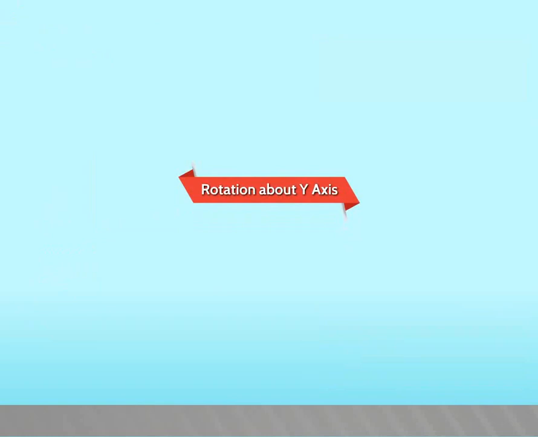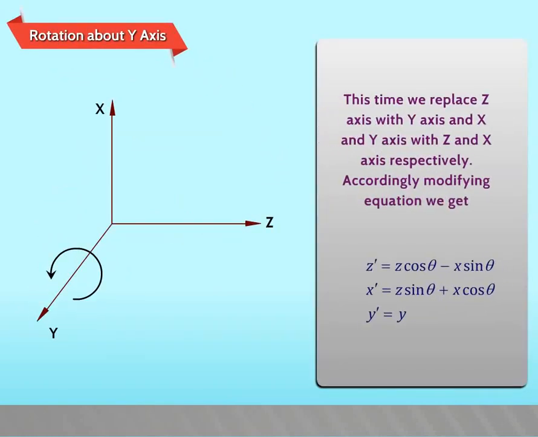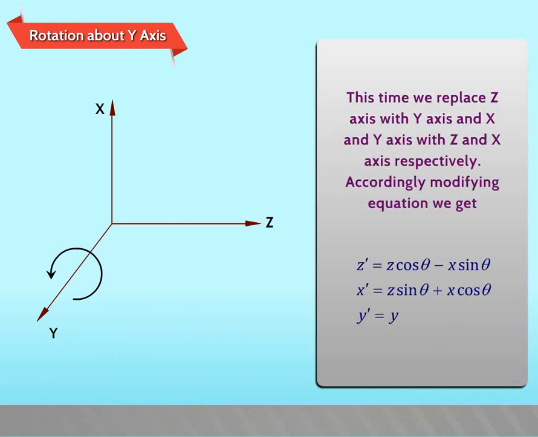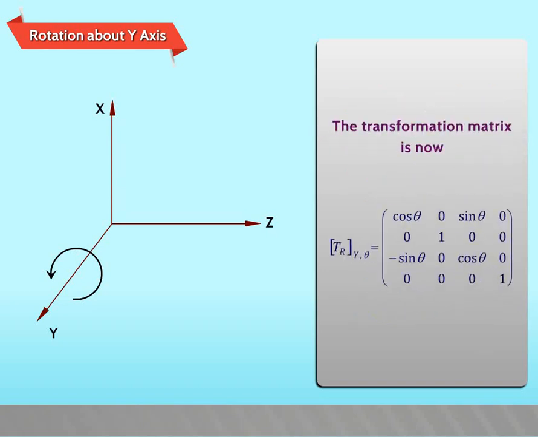Rotation about y-axis. This time we replace the z-axis with the y-axis and the x and y-axis with the z and x-axis respectively. Accordingly modifying the equation, we get z dash is equal to z cos theta minus x sin theta, x dash is equal to z sin theta plus x cos theta, y dash is equal to y. The transformation matrix is now